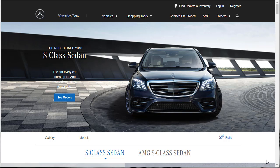All right. Now, there's several trim levels, and I'm not sure which one I'm going to do. Probably the 560. It's going to probably be in the neighborhood of $115,000 to $125,000 when we're done with this thing, because I'm not building it for a price point. I'm not going to try to put every option on it, but that's just where they're at. But like it says right here,